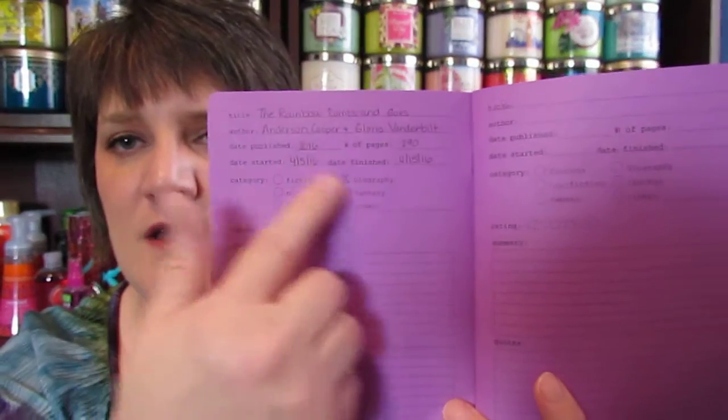I haven't colored them all in, but when I started it and finished it, and what year it was published, how many pages was in it, and you can give a summary, quotes, and your thoughts on the book on that. So I thought that would be neat to keep in there as another fun thing to use this faux dory for. And then I bought another, and this is just full lilac pages in it,